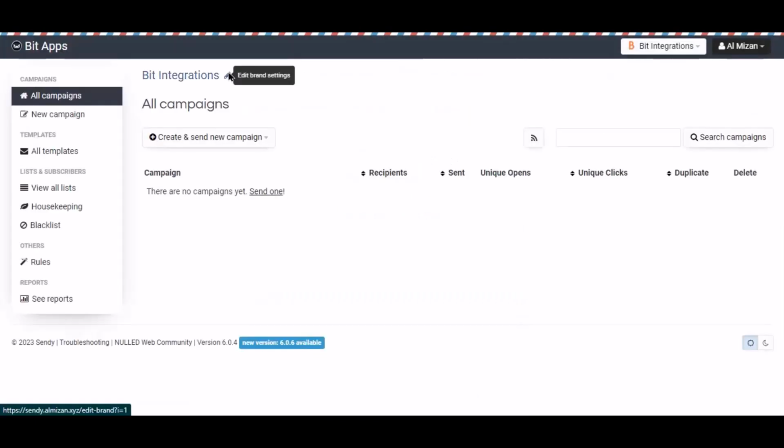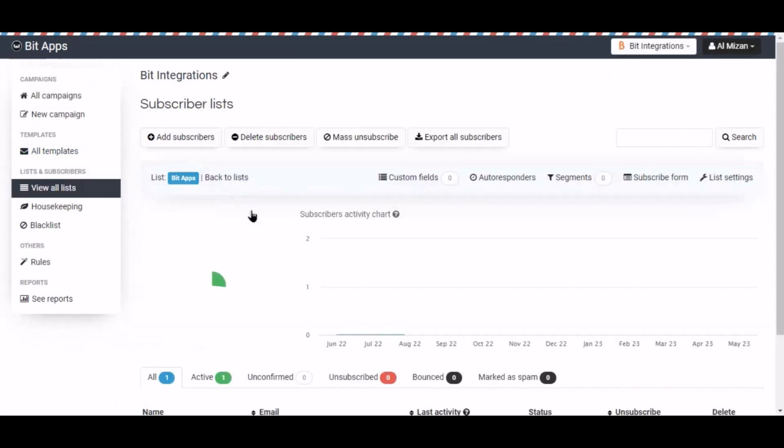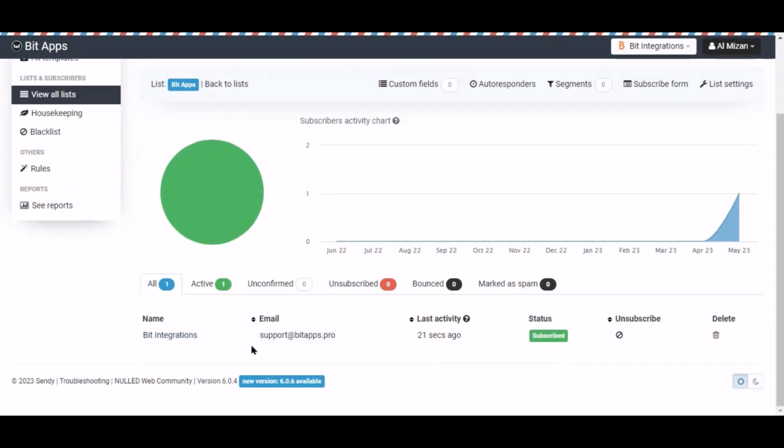Now navigate to the Sendy brand page and click View All Lists. Select the list. Here is the data that came into Sendy through the